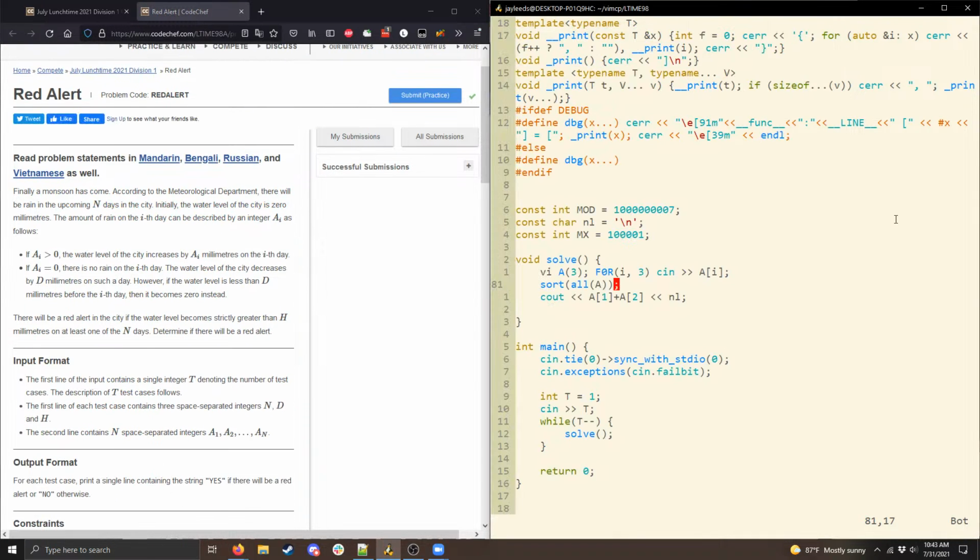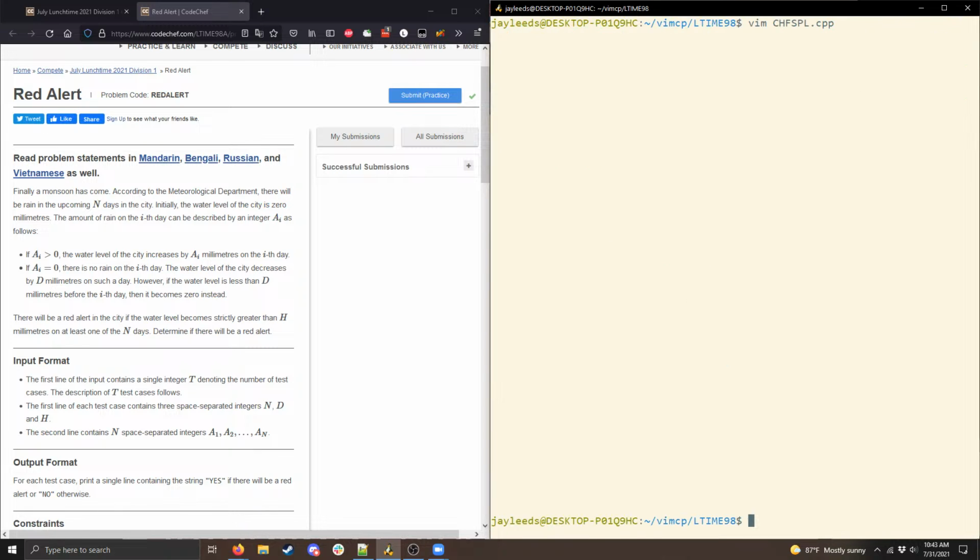Okay, red alert. So there's going to be rain in the upcoming N days. Initially, the water level is 0, and on day i, the amount of rain can be described as an integer a sub i. And if it's positive, then the water level increases by a sub i. But if it's 0, then there's no rain, and the water level decreases by d. But the water level can't be negative, so if it's less than d beforehand, then it becomes 0. And so we need to check whether at some point the water level will be strictly greater than h. So this is a fairly straightforward